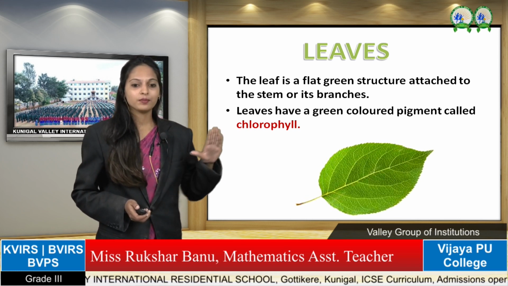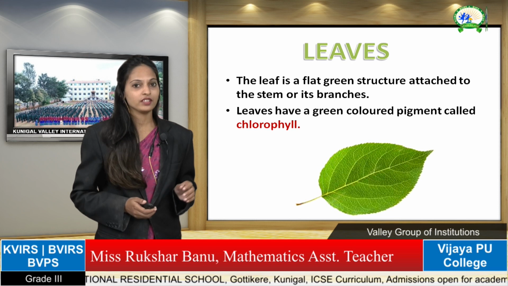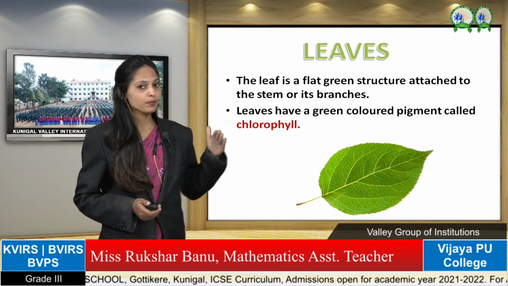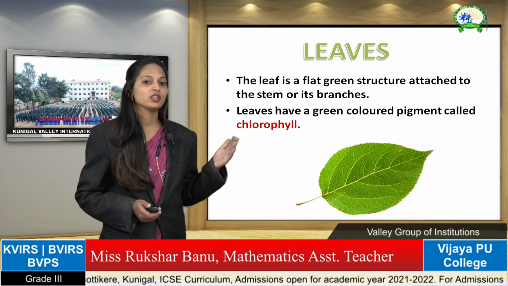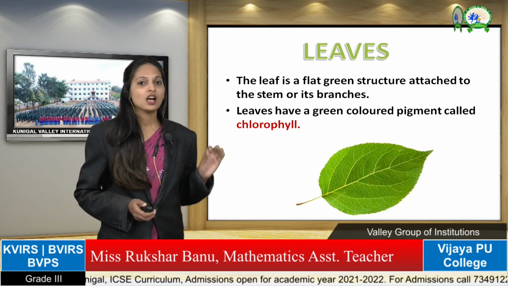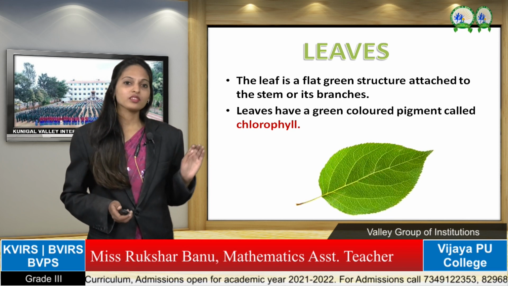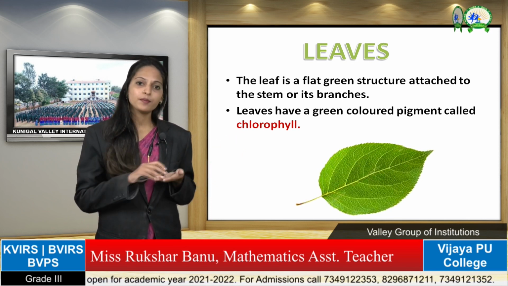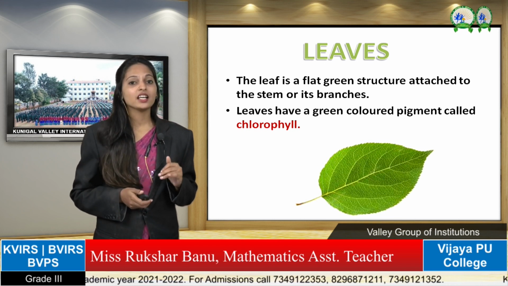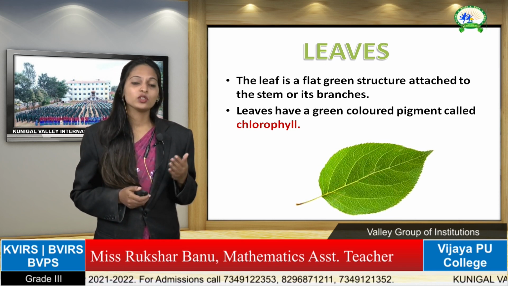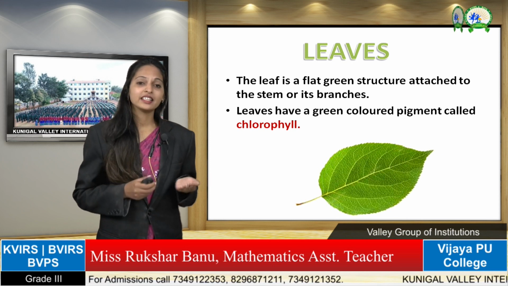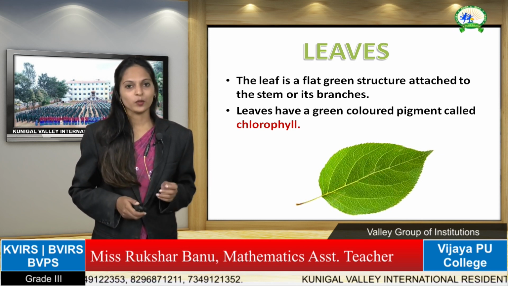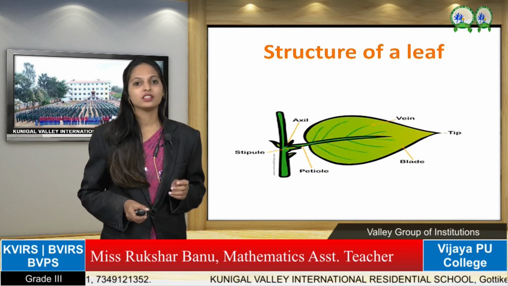Okay, and the plain part of the leaf is called a leaf blade. And the upper part of the leaf is very smooth while the lower part of the leaf is harder. You can take one leaf and you can see the upper part of the leaf is darker and smoother, and you can see the lower part is slightly lighter in color and a little harder. Okay, next, structure of leaf.